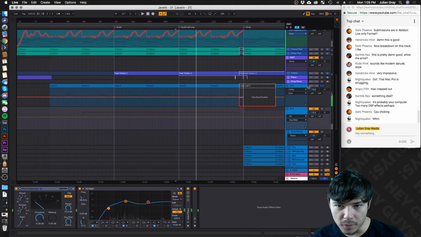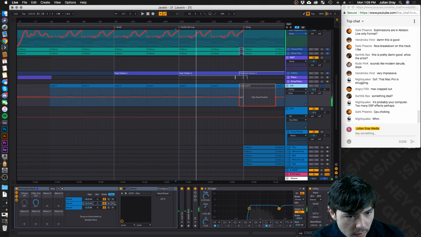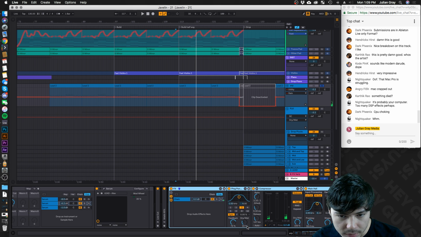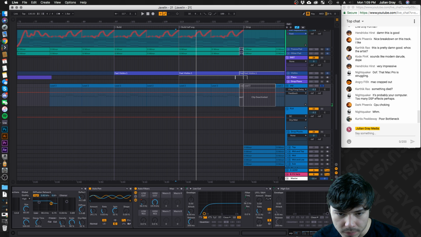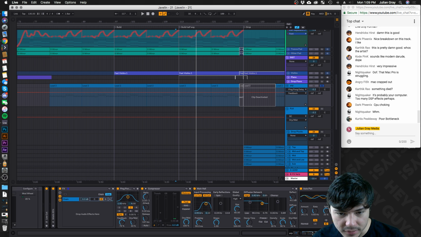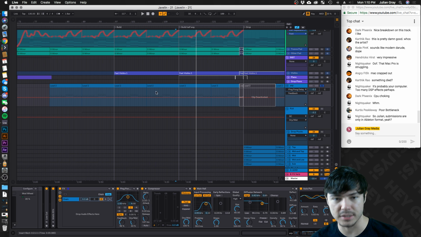There it is, ARP. Yeah, that's way too long of a decay time. I'm gonna see if I can find that, and there it is. Yeah, this is too long. So feeding an infinite decay like this into a reverb is gonna create a crazy amount of load on your CPU. So I'm gonna dial that back.